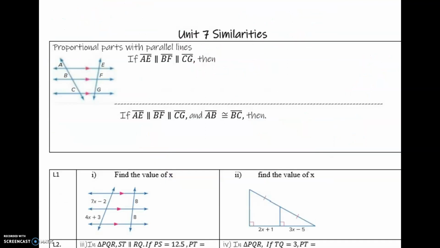So when we're moving on to the next page, you notice there's no triangles even in here. We're just talking about proportional parts of parallel lines. Very similar to that last one with those parallel lines, we know the parts of this are going to be similar. So it's going to be AB over BC is proportional to EF over FG. Again, a lot of different ways to write that out. And finally, because of that, if you have congruent parts here, for example, if AB was the same as